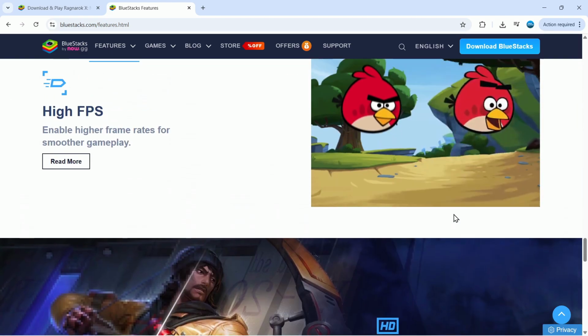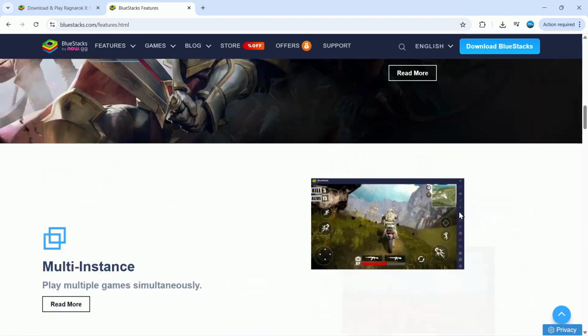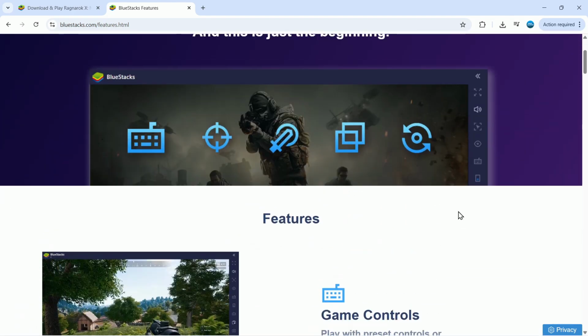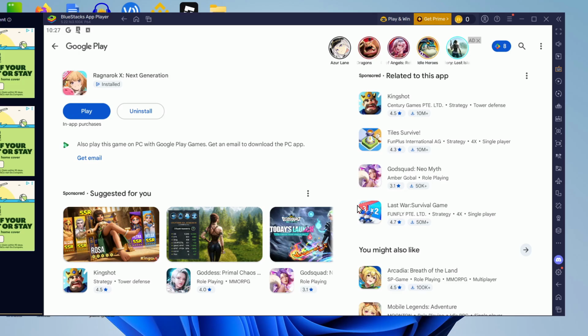So that's a couple of reasons why I personally love BlueStacks, but as you can see, there's a number of really cool things you can do with BlueStacks, and that's why I would recommend it to play Android games on your PC or Mac. Coming back to BlueStacks, as you can now see, Ragnarok X Next Generation has finished installing,